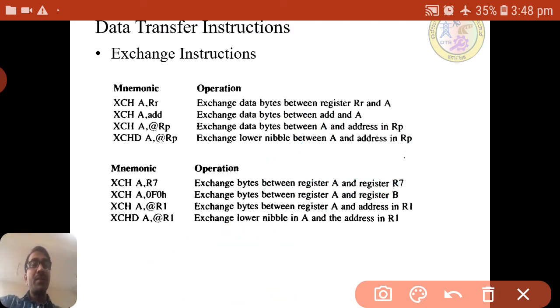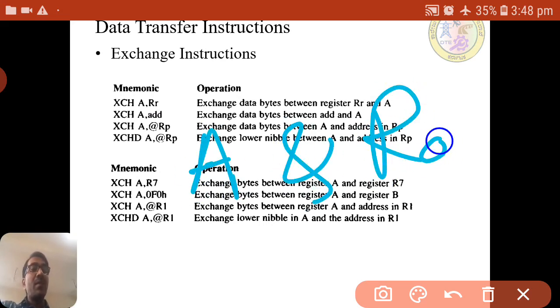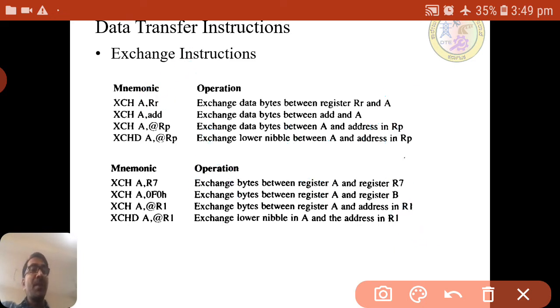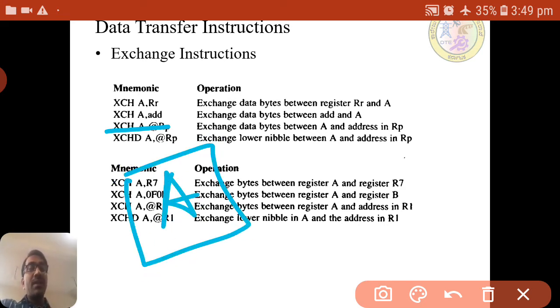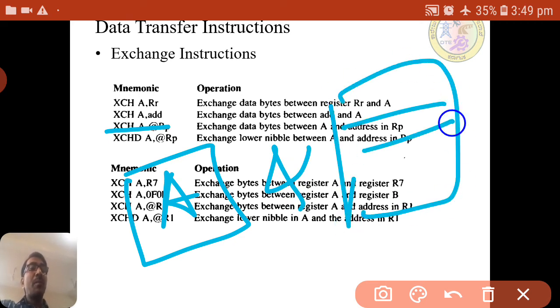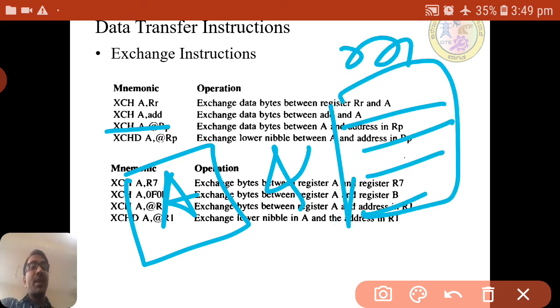XCH A, Rn, where n varies from 0 to 7, exchanges the data bytes between the register and A. It will exchange the data between the A register and R0 to R7 if you use the first one. The second one, XCH A, address, will exchange the data between the A register and the memory location whose address we have specified.